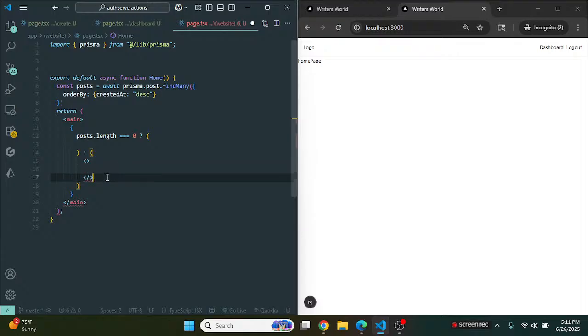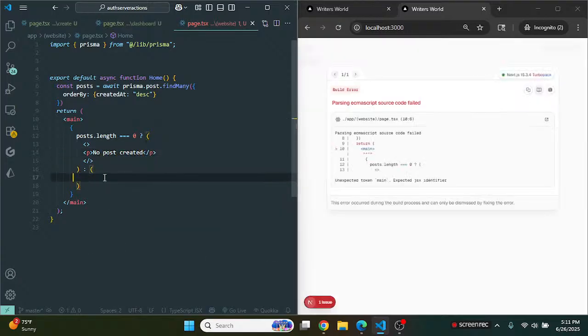Actually, we don't need fragments here. I'll copy this, place it here. Say no post created. And then in this portion, we'll just say, I think it's